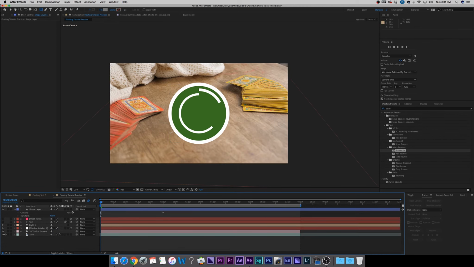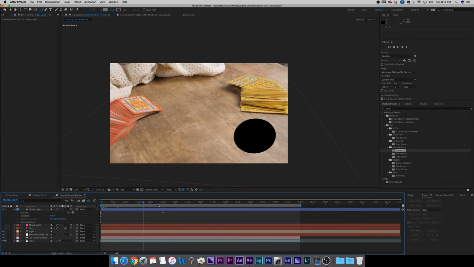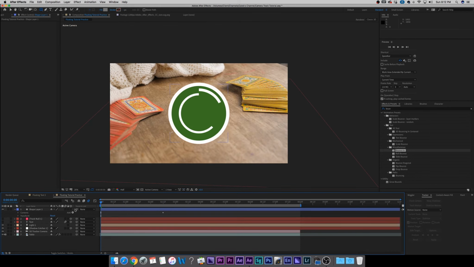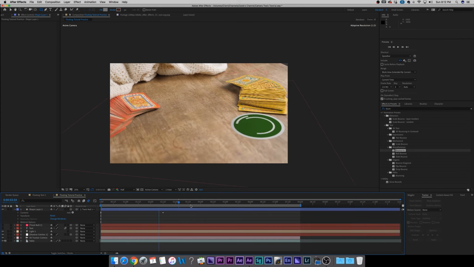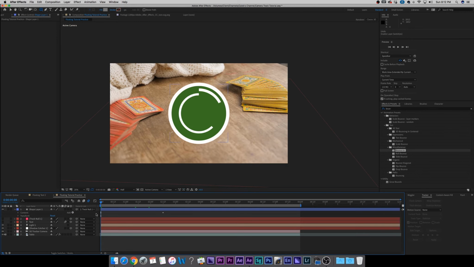How do we get this to track to the table? If I hit the enable 3D button right here, we can actually see the shape is there now, and it's moving with the table, but it's not really in the place we want it to be. So what I'm going to do is parent it using this pick whip over to the null, and now it's moving right with the null, but it's not exactly where the null is. So I'm going to back up just a little bit,